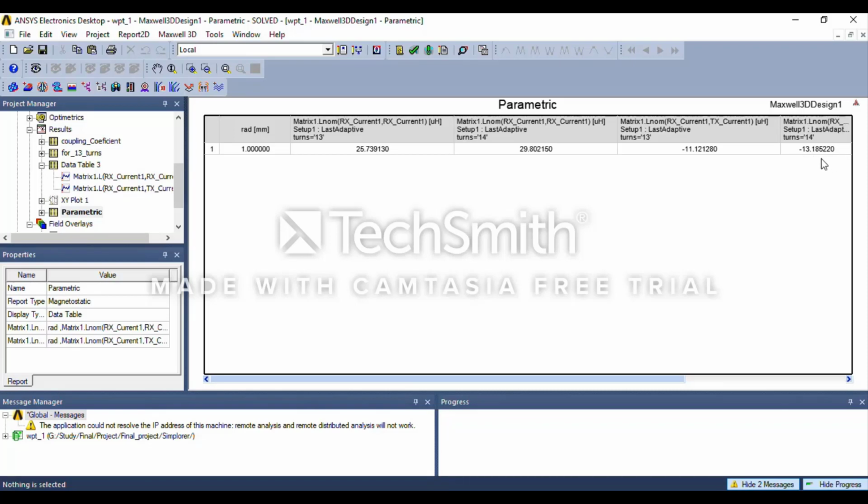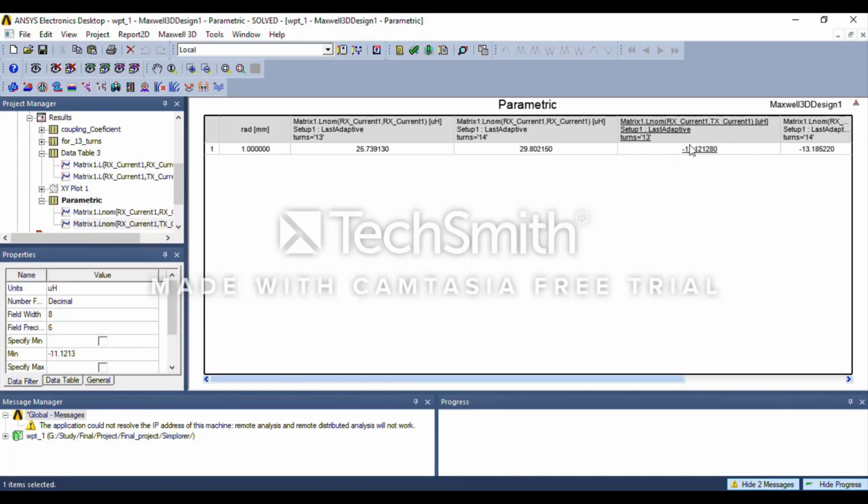Here you might have noticed the negative sign in front of the results. Actually, it is not of much significance. It has come just because the direction of current we have taken through the receiver coil is in the opposite sense to the actual one. Because of that we have got this negative sign, and if we reverse the current through the receiver coil, we will get the absolute value for this mutual inductance, which is actually expected.